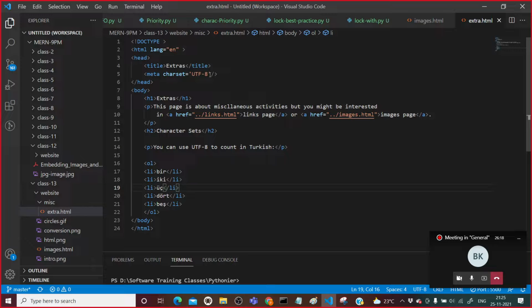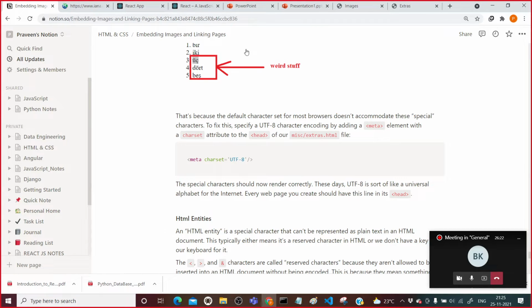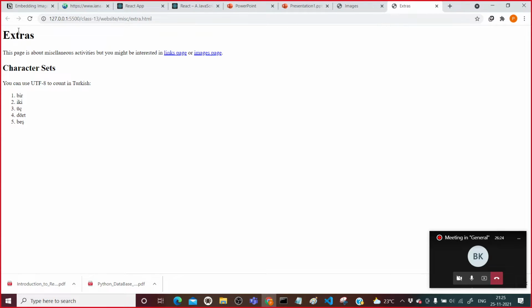If I come here and reload it, your browser is now going to understand that those are the characters of Turkish.